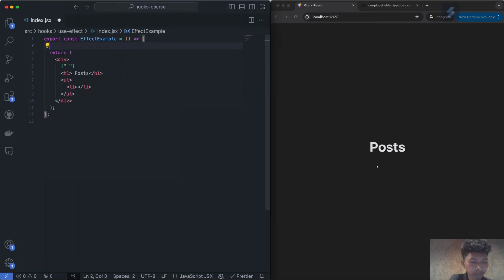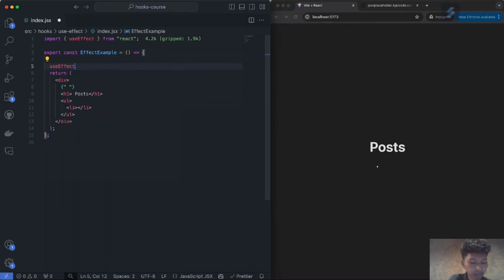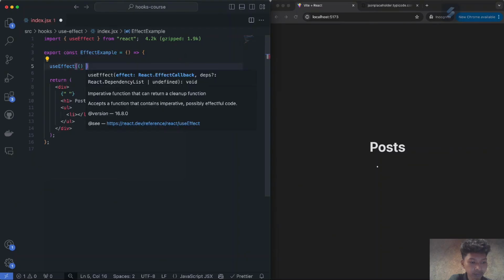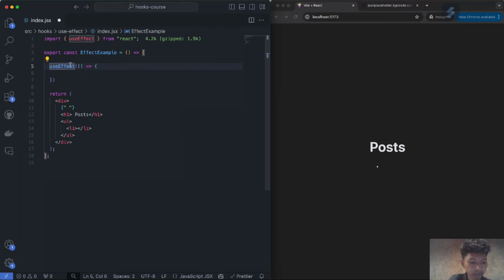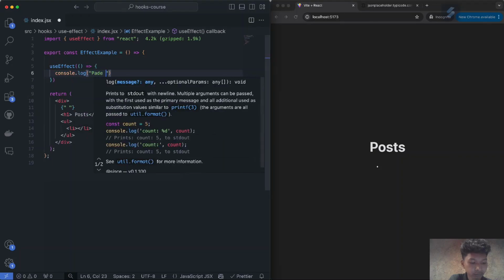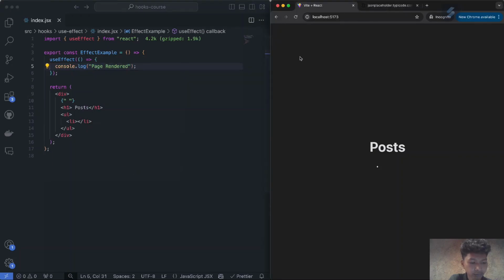So to do that, I want to create the useEffect hook. Perfect. You saw it also auto imported over here. Now, the notation for the useEffect hook is very simple. You call the hook, always obviously inside of your component, never inside of an if statement, just like all the other hooks. And inside of here, you put a callback function that will execute whenever your useEffect is supposed to. So whatever action or information you put over here, like console log page rendered,